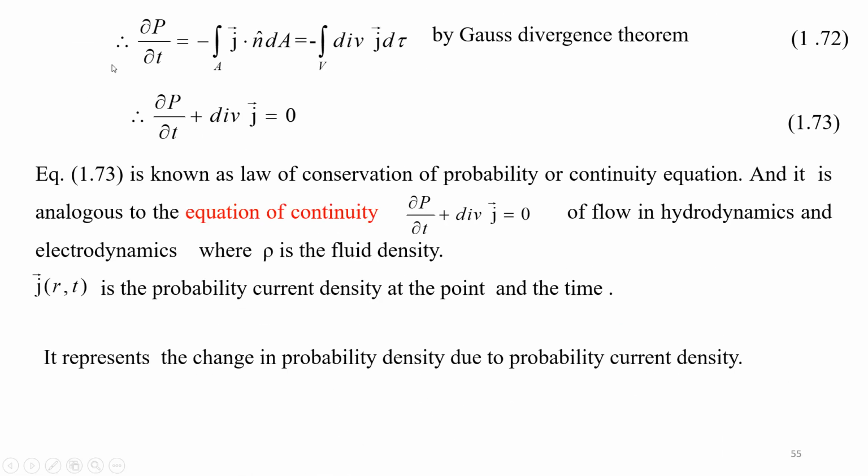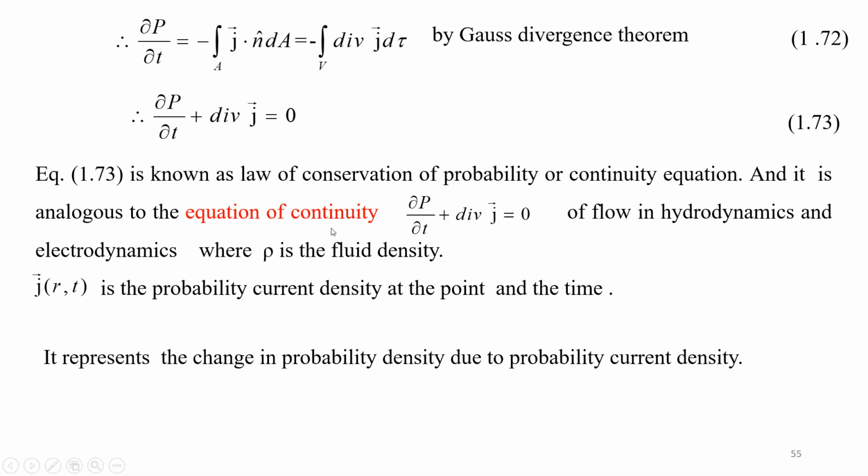Now dp/dt is equal to minus ∮ j · n̂ dA. By Gauss divergence theorem, again this can be converted into a volume integral, minus ∫ div j dτ. So this becomes ∫ (∂ρ/∂t + div j) dτ, and since the volume is arbitrary, we have div j equal to 0. This equation 1.73 is known as the law of conservation of probability or continuity equation, and it is analogous to the